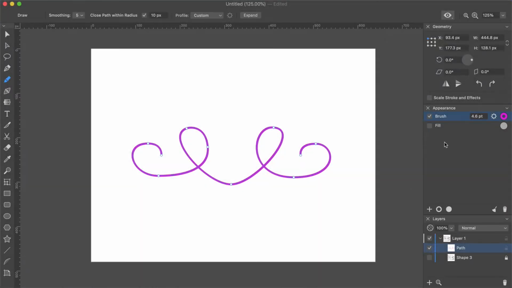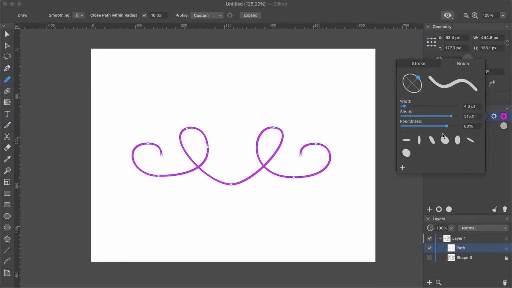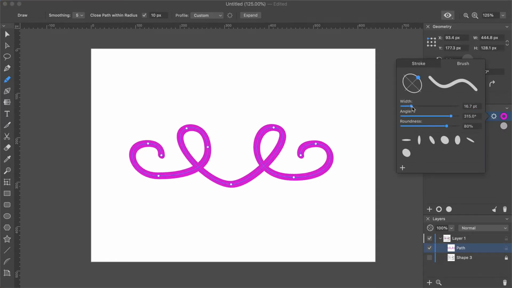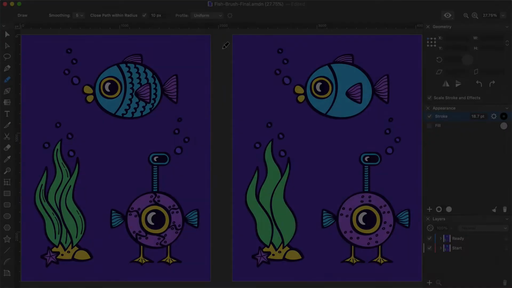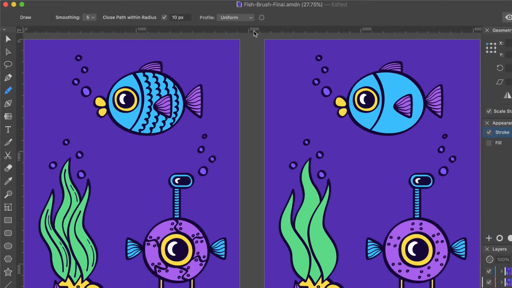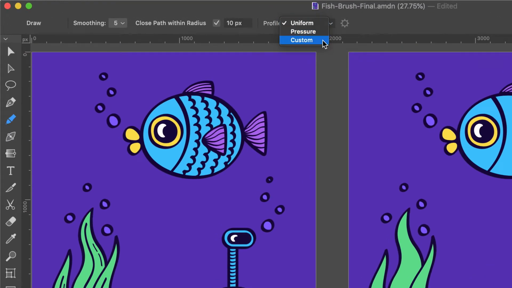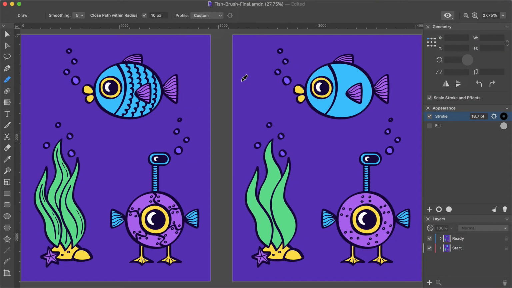The brush is a sort of a special profile. By setting up width, angle, and diameter, we create unique profiles which give an artistic touch to our work. To enable such drawing, we should set a custom profile for the Draw tool in the control bar. With this profile, we can use the default brushes or previously saved ones.